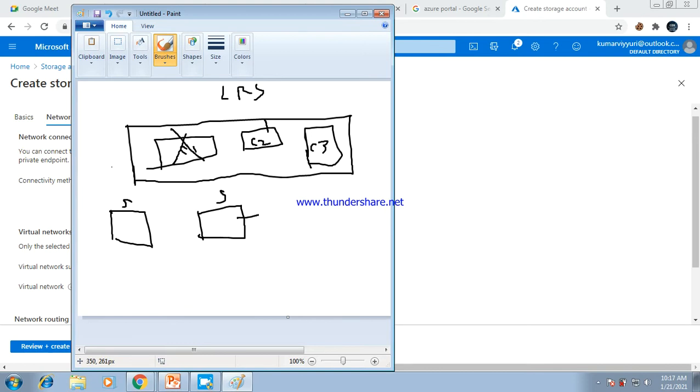Subscription 2 has some resources, and in subscription 1 only you are creating the new resources, correct? Yes, sir. So you are creating the storage account. If you select the second option, it easily replicates to the two resource groups.